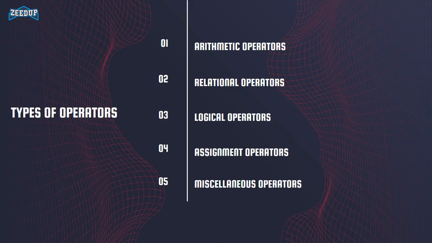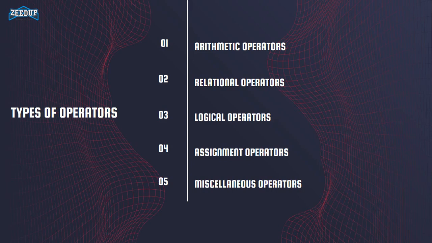That is, whether these two operands, that is, operands is something on which an operator operates. Like for example, if you are adding 2 plus 3, then plus is an operator while 2 and 3 are operands. So coming back to the relational operators, the relational operators tell the relation between two operands, that whether they are equal, whether one operand is greater, whether it is smaller, or it is greater or equal, and so on.